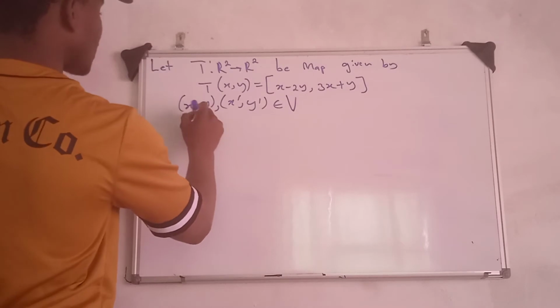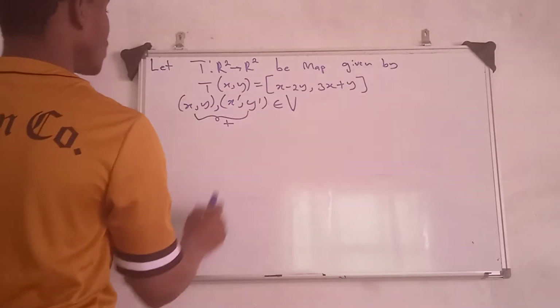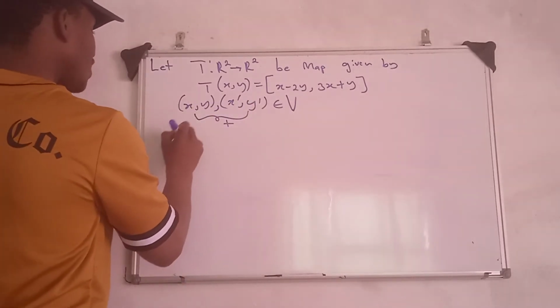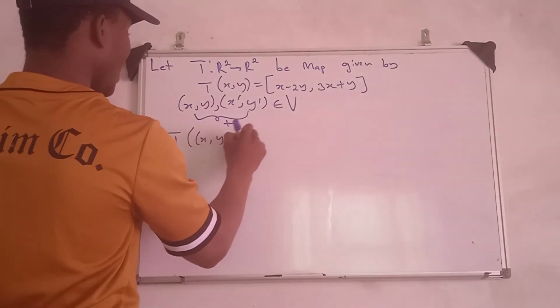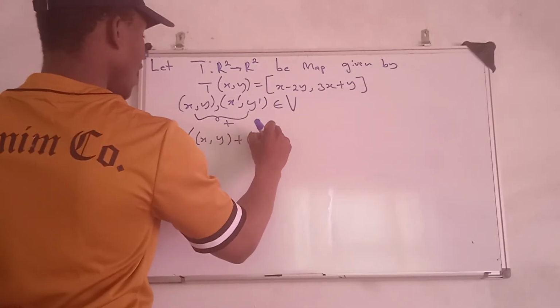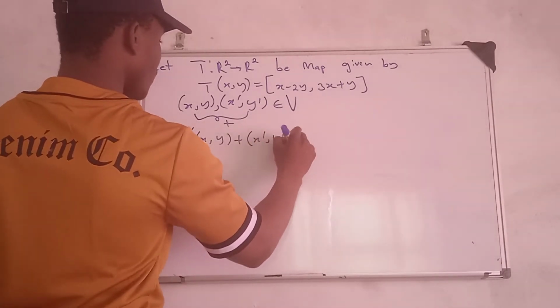I'm going to add this together. So I'm going to have T of (x, y) plus (x prime, y prime)